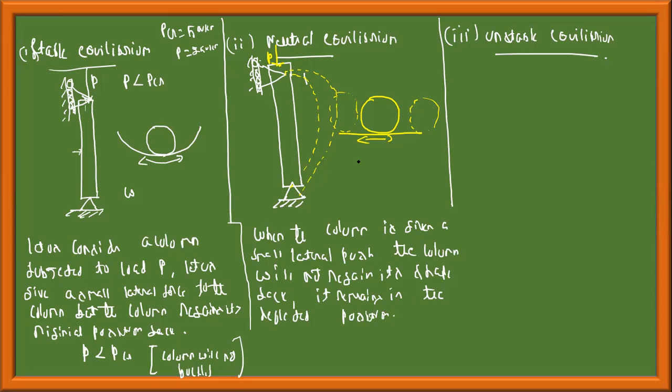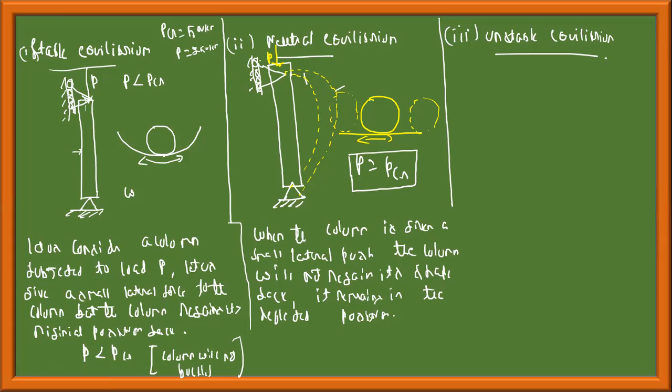For this condition, my load P is equal to the critical load PCR. If my column buckles, in the sense of excessive lateral deformation like this, it is called buckling. Due to excessive lateral deformation, the column may not be able to withstand any further load. The column will fail. The entire building may collapse, and it looks ugly. Aesthetic looks won't be there. So there are so many disadvantages.